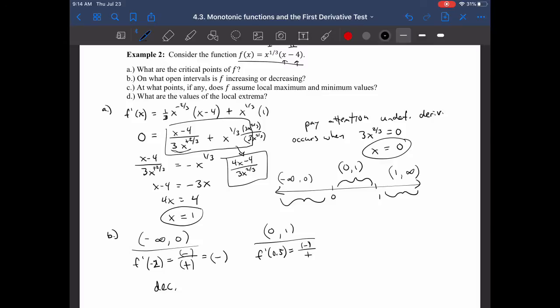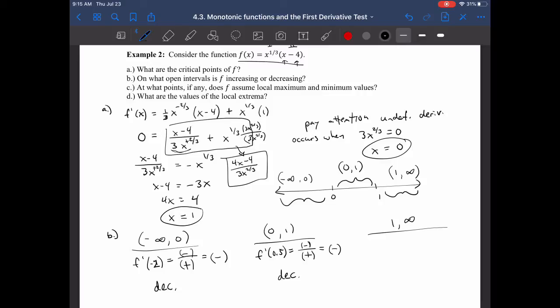There's nothing that 2/3 can do to change the sign of a number we plug into it. So something to the 2/3 power, because you end up squaring it, is going to be positive. If it's positive, it's positive. If it's negative, it's going to be positive as well. So anyway, this is a negative over a positive. This is also a negative slope, and therefore this is a decreasing section as well. So now we just need to look at this last section, which is